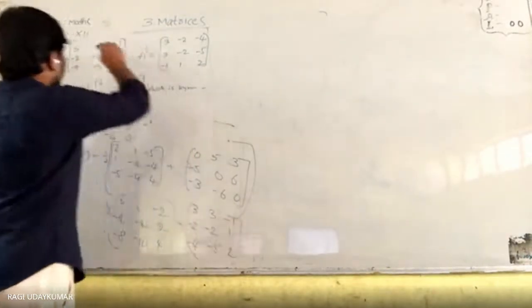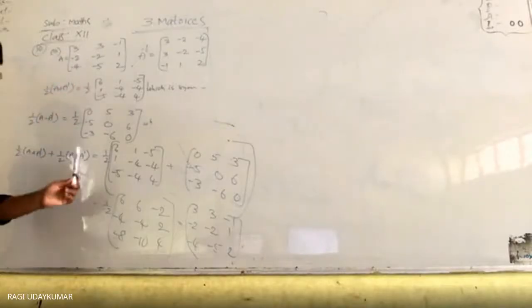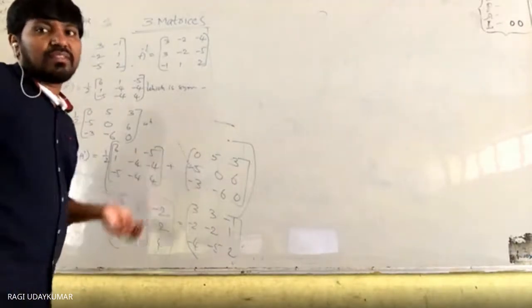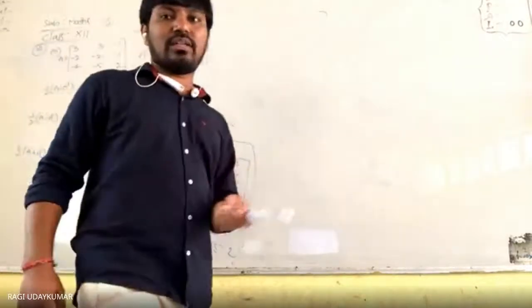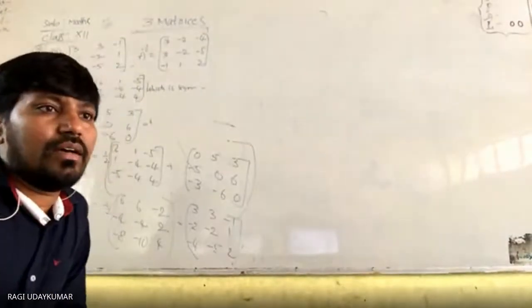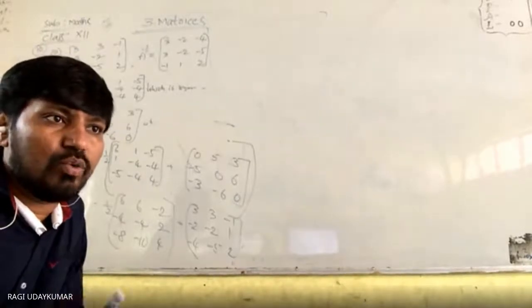See, again this has come, right? Got it now? So this matrix you wrote as a sum of the symmetric and skew symmetric matrices. This is actually the theorem you have, and we have discussed the theorem also. So with this, the problems are lengthy and time consuming, but you need to do it.